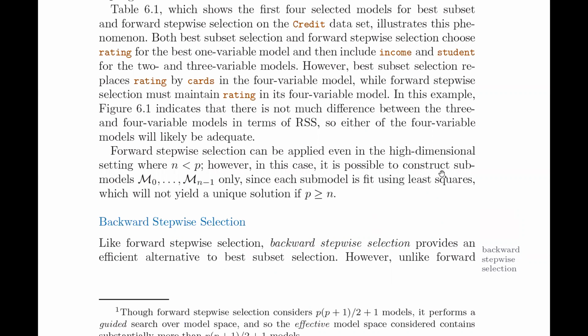High dimensional setting is when you have many, in inverted commas, predictor variables, where the number of observations is less than the number of predictor variables, which is very rare, right? I mean, if you're looking at an insurance data set and each observation is a policyholder in a specific year,